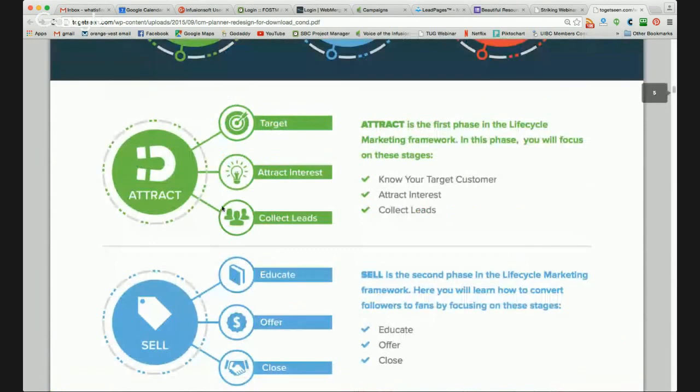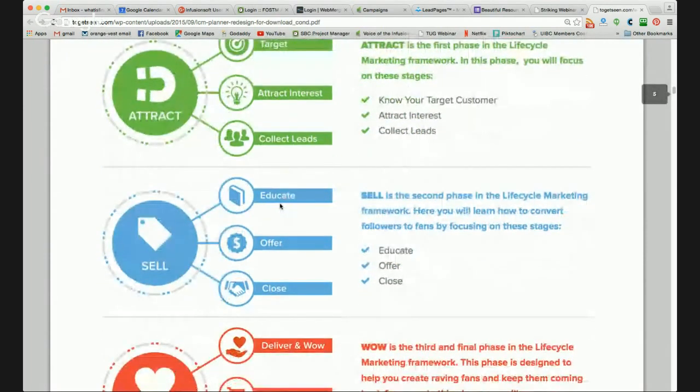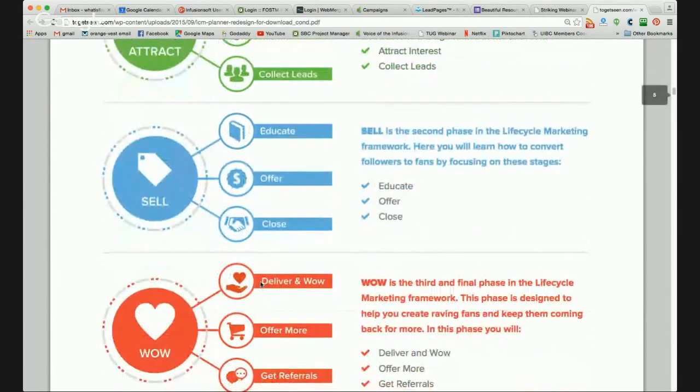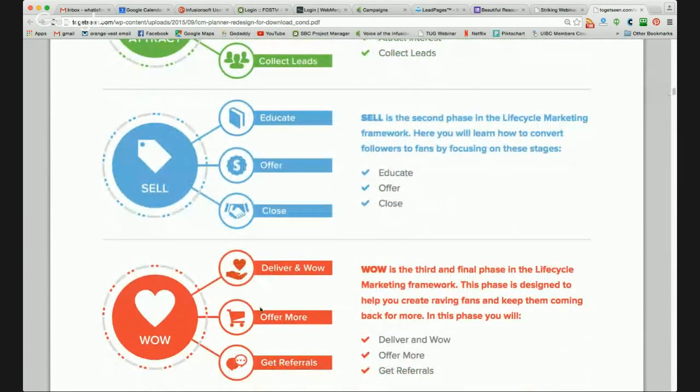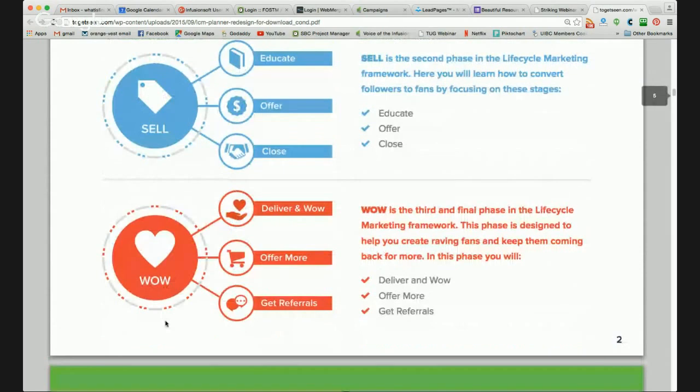And so this is our next part: we've talked about who his ideal target customer is. We know how he's going to attract interest through posts inside of LinkedIn and blogging and things like that. We've got landing page opt-ins to collect leads. He's got a nurture sequence and a good sales page to educate them and to offer. Once they buy, they go through delivering in wow, so they're getting the CEUs and more CEUs, which are more offers. So basically, of these 9 steps, 8 of them are all designed for him. The only thing we'd have to talk about is referral.